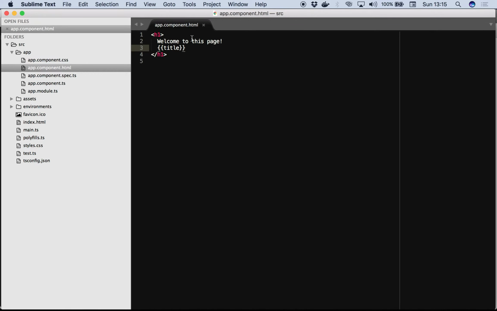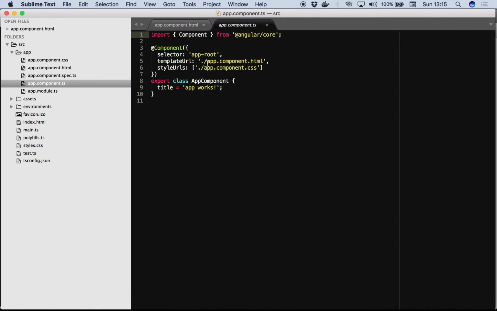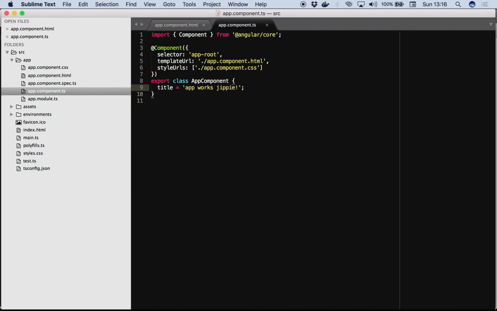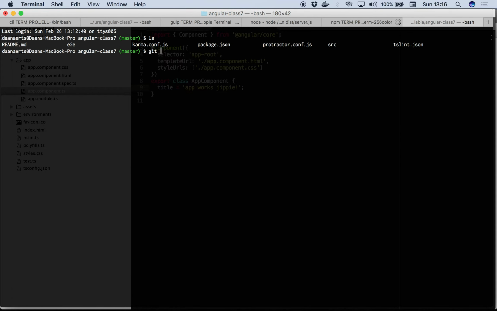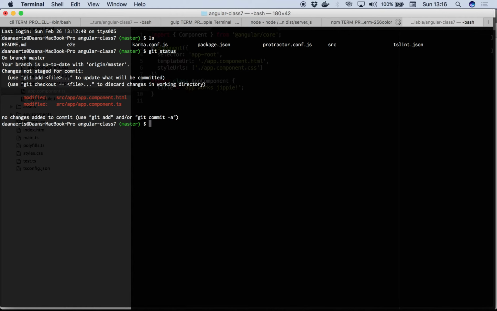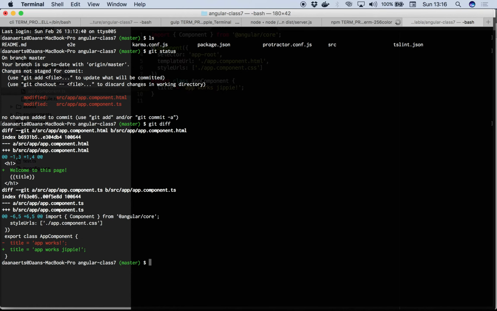So we were making a change. For example, we make a change to the HTML file, and let's also make some changes here. App works. Okay, so now we have 2 changes. Let's make sure that's true. You can also say git diff to see, it knows exactly these are the 2 changes that we made,